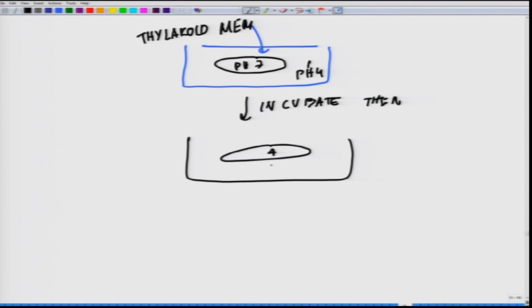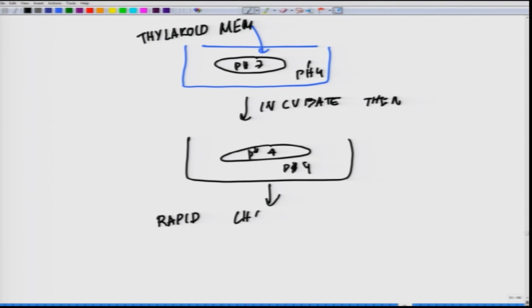So, to create the transient pH gradient, chloroplasts were first soaked in a pH 4 buffer for several hours. These chloroplasts were then rapidly mixed with a pH 8 buffer containing ADP and PI. Okay. So, this is what you do, pH 4. Now, followed by this, there is a